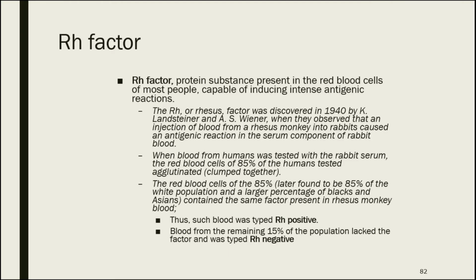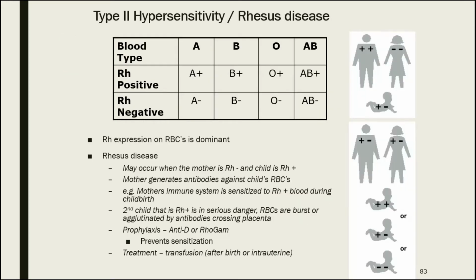So another factor, Rh factor. Again, we've talked about those in the past. Okay, Rh factor. The majority of people are Rh positive. And a very small portion, about 15% of the population, lack the Rh factor, so-called Rh negative. The implications of this Rh factor is that Rh is the dominant feature here, and the